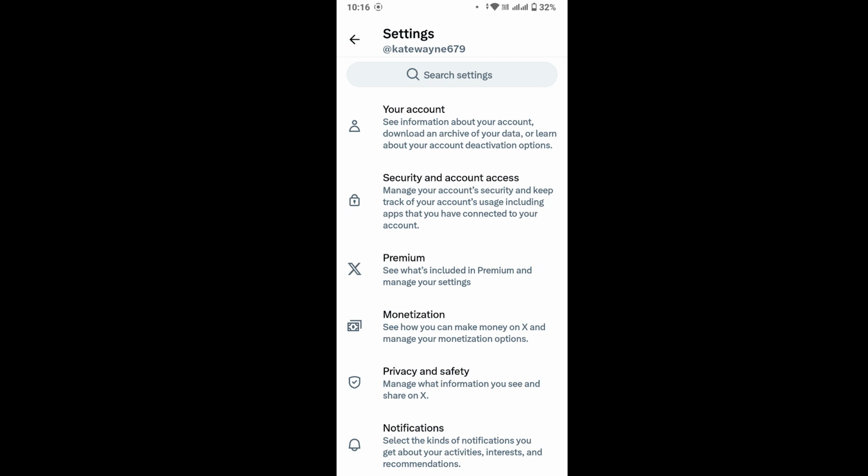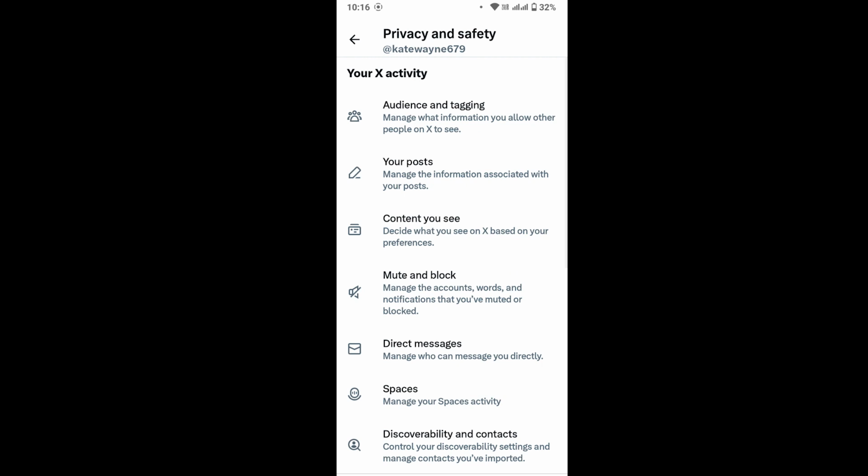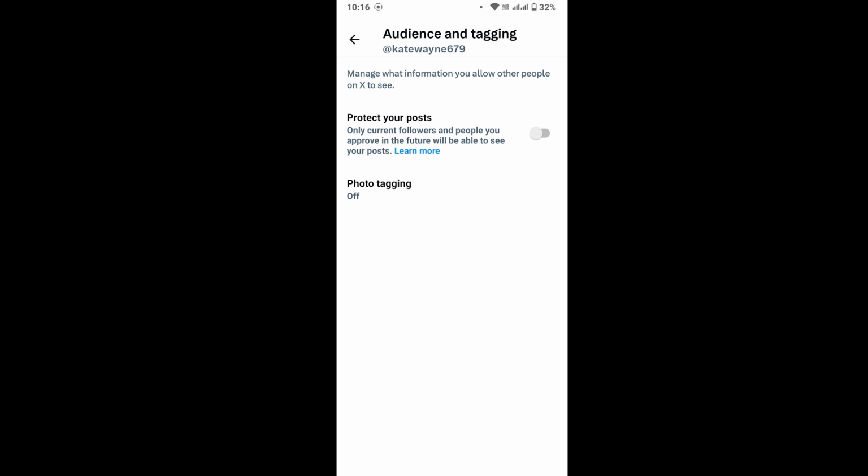Now from here, under the monetization option, you will see privacy and safety. Tap on that, you will land on this interface, and then again tap on audience and tagging. From the first of the list, you will see this interface, and in here,